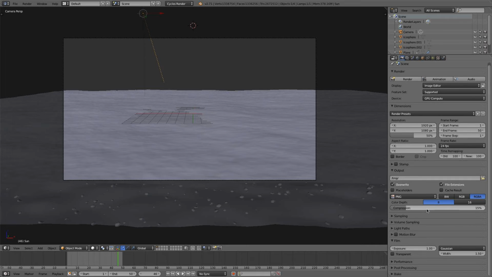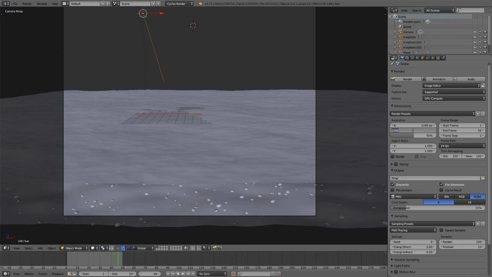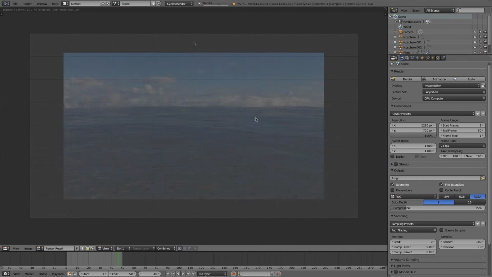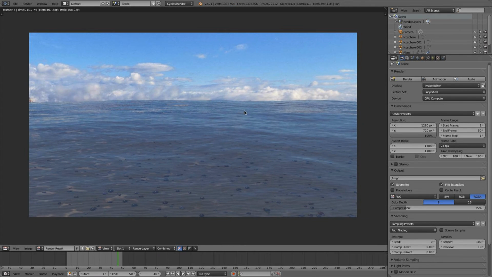So I'm going to first change my sampling up to about 100 samples. Should be a good test. And I might get 1280 by 720, so an HD render but not full HD. 100%. Save my project and render it. We'll see what we're getting. Be right back. Alright, so there's our first render attempt, and it's not too bad, but there's a few things